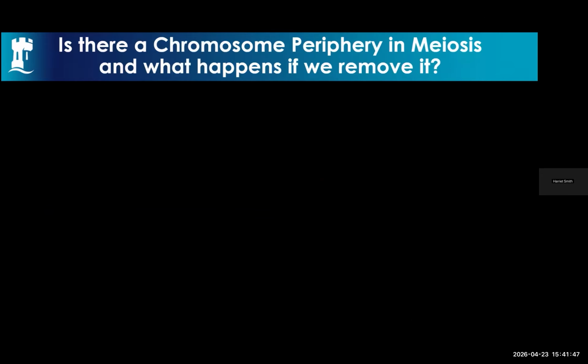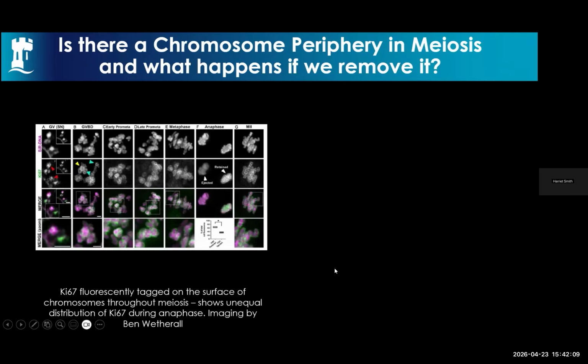The first question that we wanted to ask is going to sound like a very simple one. Is there a chromosome periphery in meiosis? The reason that we wanted to know this is most of the information that we currently have available to us on the chromosome periphery is based on mitotic cells. So we wanted to confirm whether or not there was even a periphery present. We used Ki67 to do this, and fluorescent imaging was done on the chromosomes, and you can see here quite nicely that Ki67 did localize to the surface of the chromosomes,